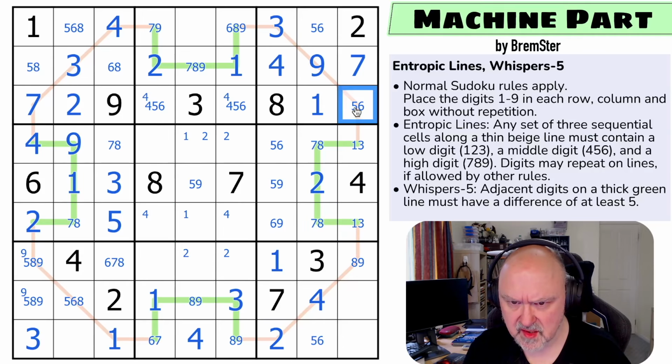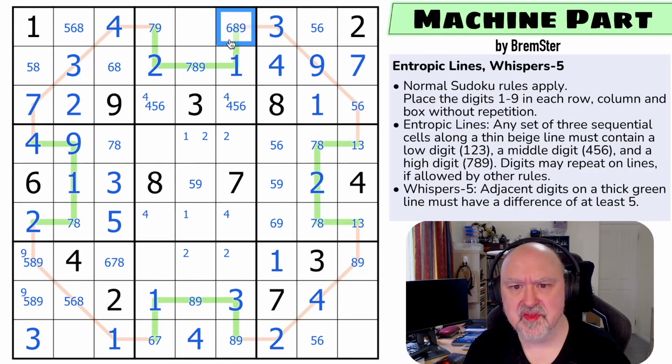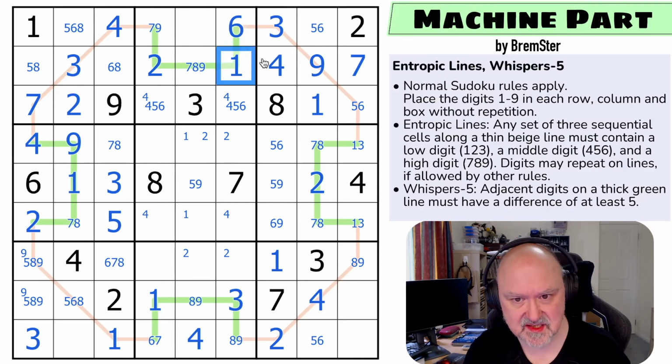Low, low, mid, high. This can't be high because then I would... this is the trick. If this was high, I'd have high, low, high. That doesn't work. This must be mid, which means it's 6, which works for the 1, but it means there's no 6 in any of those. This is a 4, 5 pair, making this the 6,